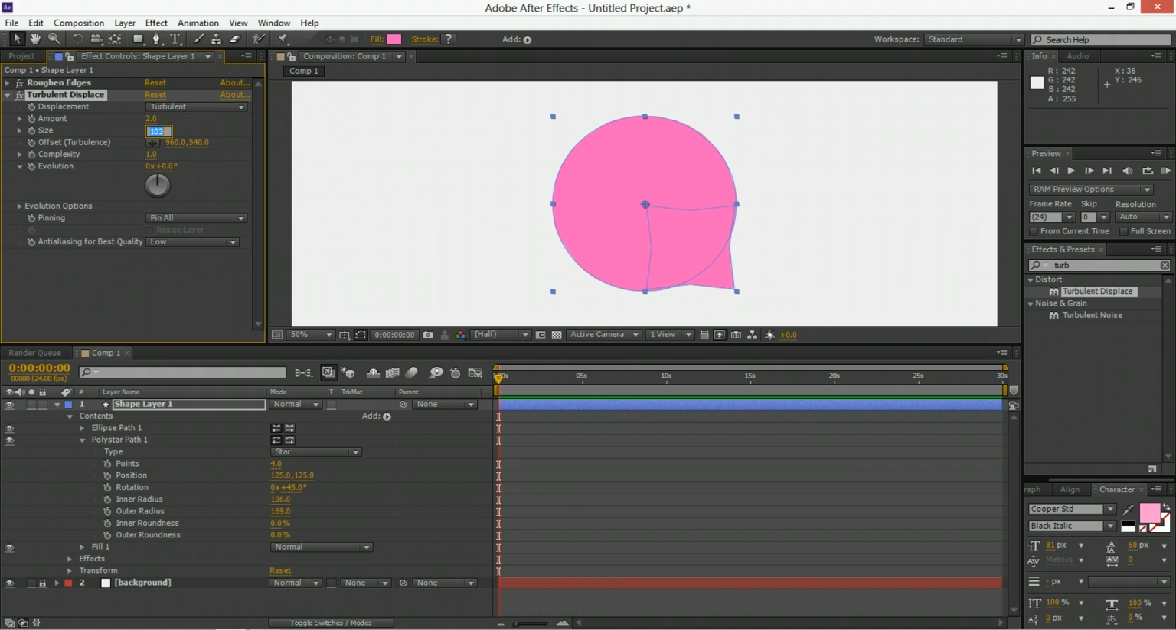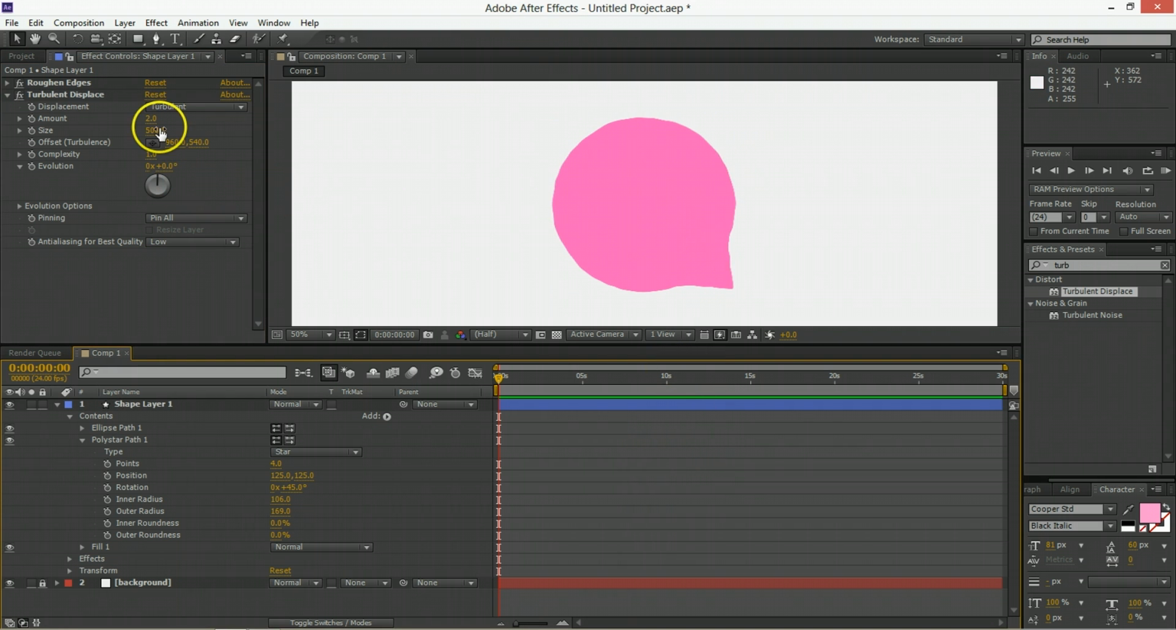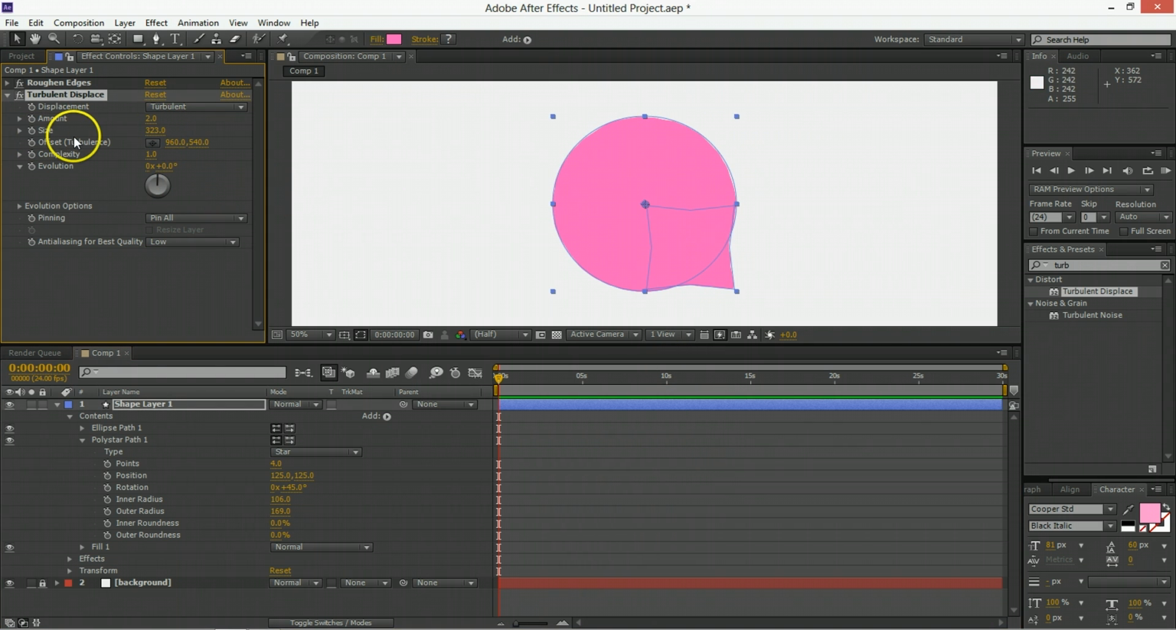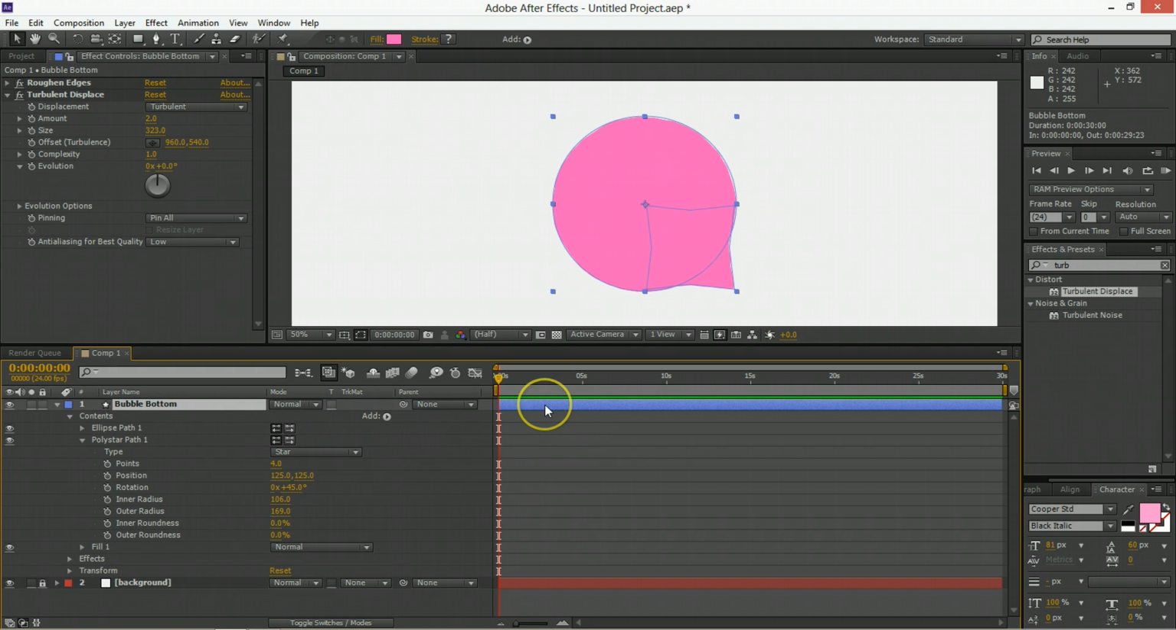So maybe something like 500 makes more sense, but what this does is it just makes things a little bit less spherical and a little bit less clean. It takes the work out of having to do this all by hand. Now we'll just rename this layer something like bubble bottom, which I think means something else in other communities, and